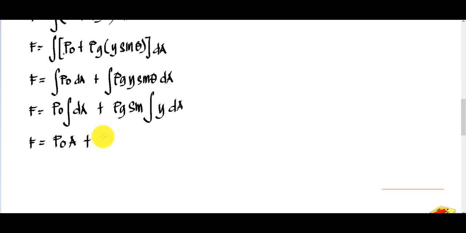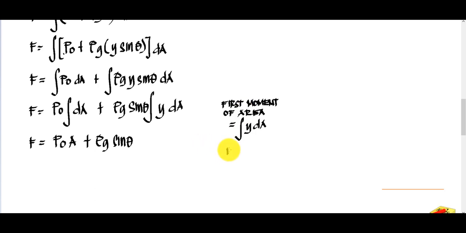Then we have here density, gravity, sine of theta, times your sine of theta, since our y differential area, this is what we call the first moment. So this is the first moment of area, the y dA, which is related to the y coordinate of the centroid, or the center of the surface, by